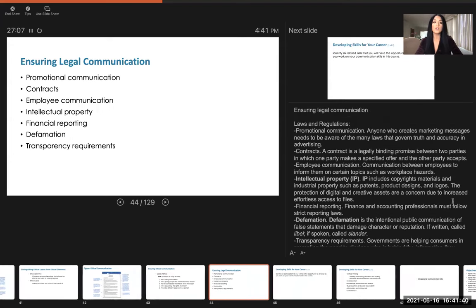Now, ensuring legal communication, we have laws and regulations of promotional communication. Anyone who creates marketing messages needs to be aware of the many laws that govern truth and accuracy in advertising. So we look at contracts. A contract is a legally binding promise between two parties in which one party makes a specified offer and the other party accepts. Then we look at employee communication, communication between employees to inform them on certain topics such